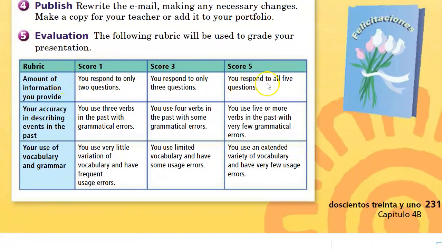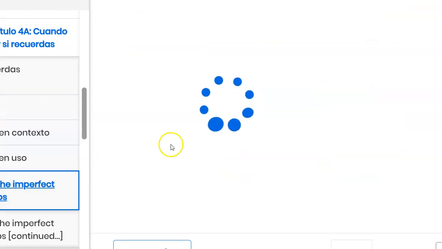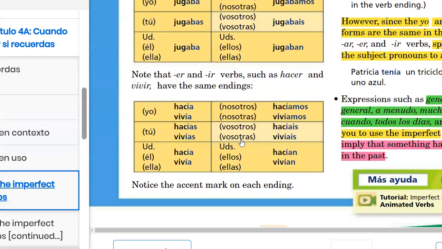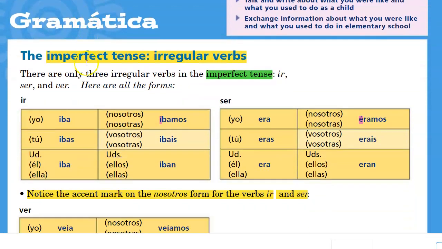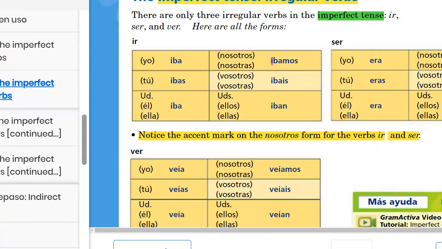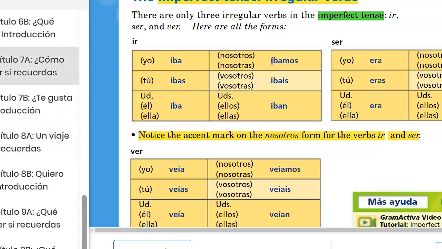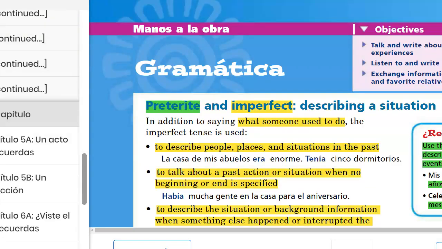You're going to respond to all 5 questions to get 5 points for this category. To have accuracy, you're going to use 5 verbs or more correctly conjugated in the imperfect. And you can go to pages 194 for your regular imperfect conjugations, right? 196 for your irregular verb conjugations. And then lastly, that final category for the oral presentation, 231, apologies,